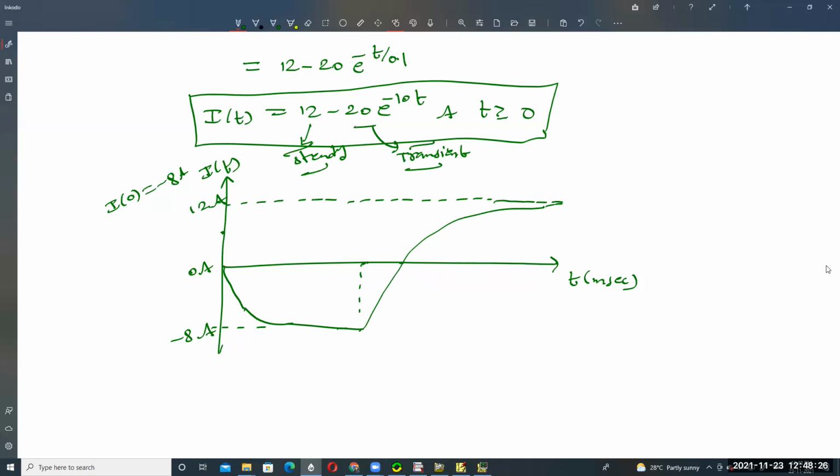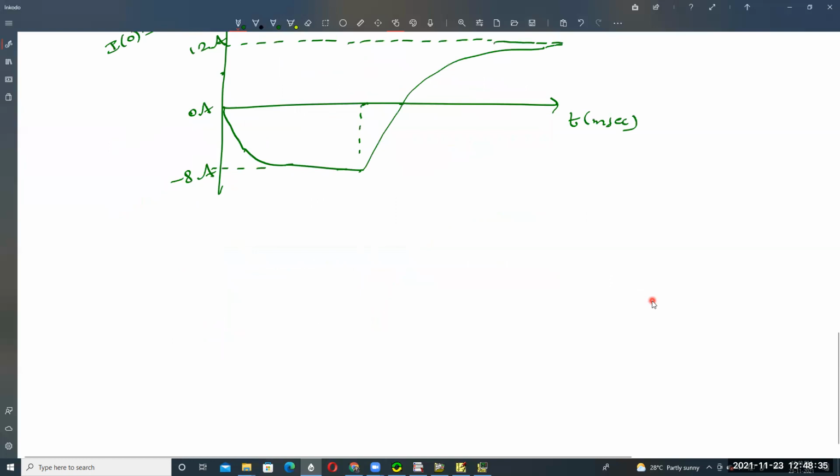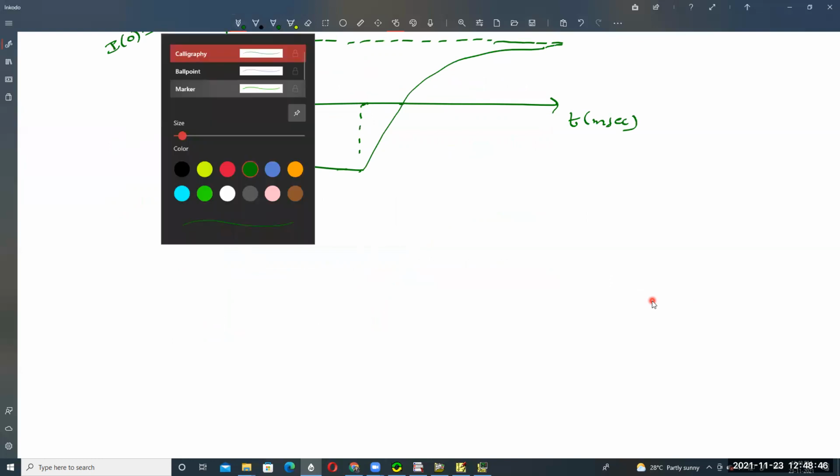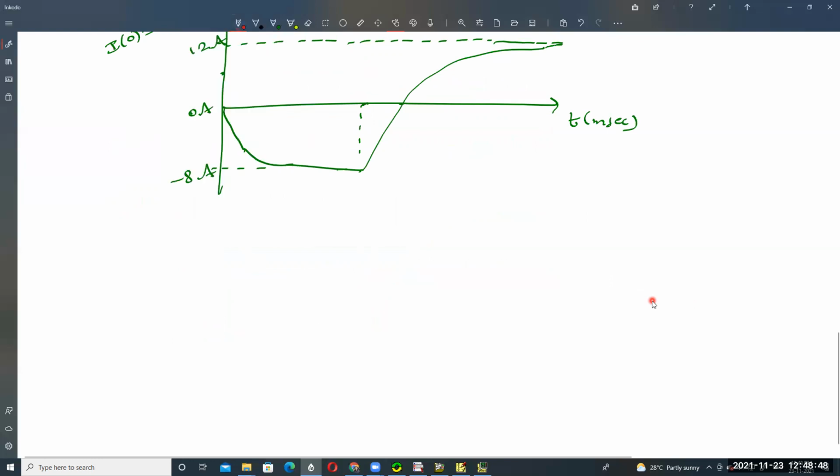Then how to execute this experiment in PSpice? In this way we have to execute it, because a double pole single throw switch is not available in PSpice. So in this way we have to connect the circuit in PSpice. This is our first A position, connected to 24 volts, and this is the switch.